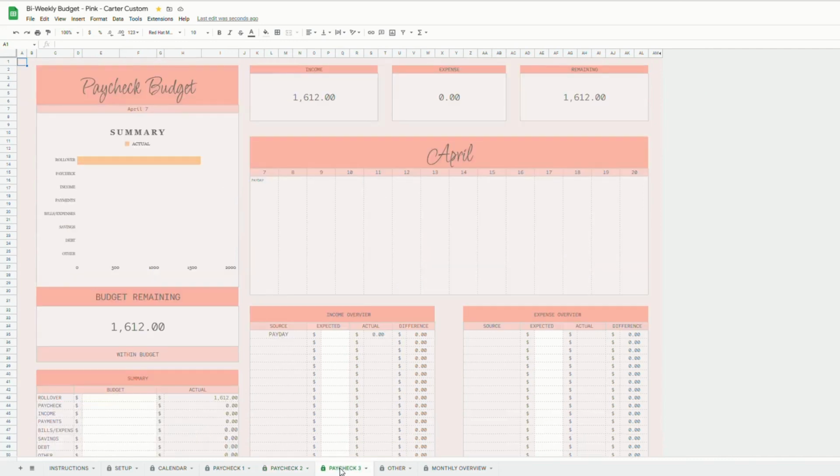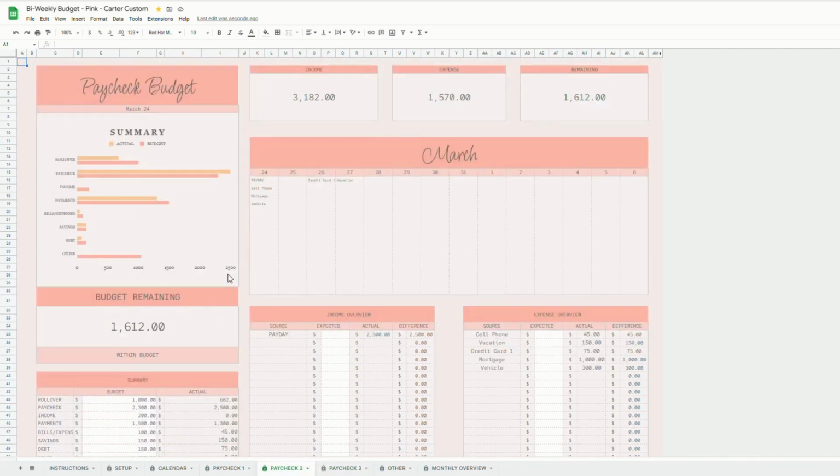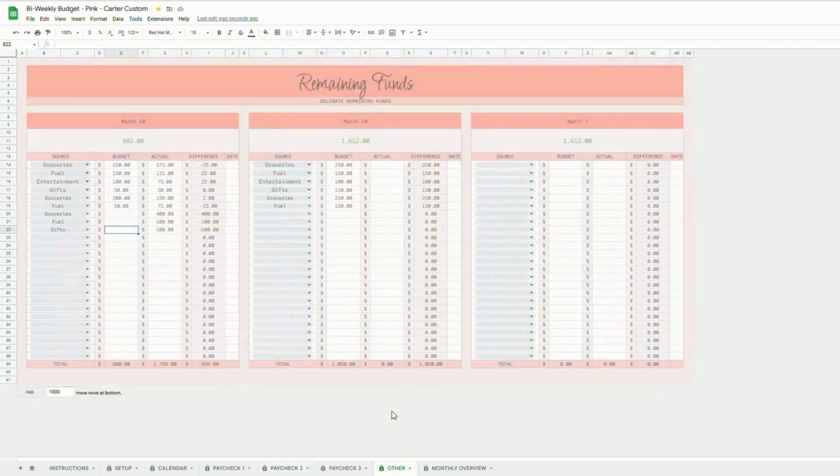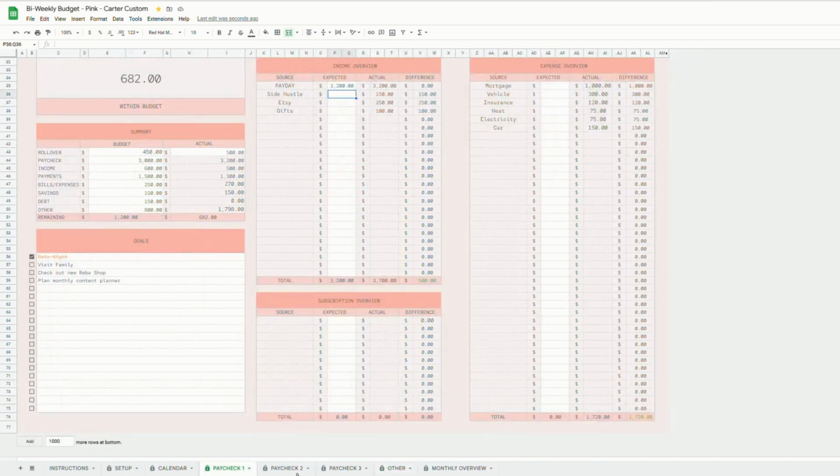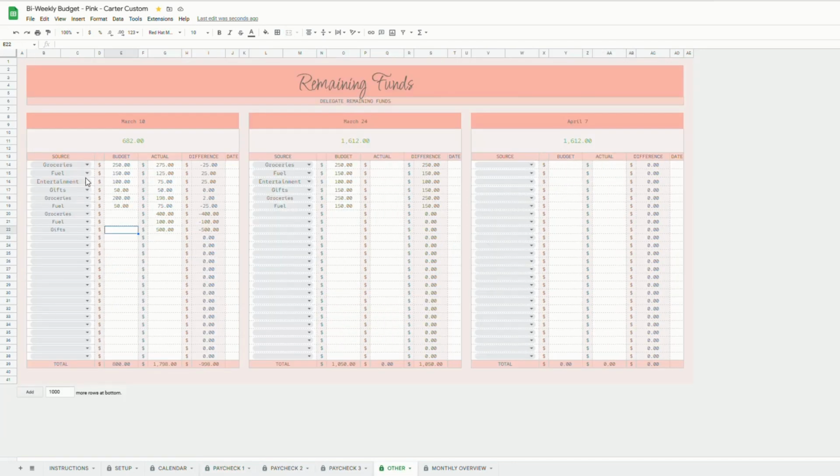Paychecks 2 and Paychecks 3 are exactly the same. This just gives you an overview, but it is for the following 2 weeks. Then under Other, this is where you will delegate your remaining funds. So this number here, your remaining funds, is based off of what you have left here. So this is where you can also set budget amounts for your groceries, and then how much you've actually spent